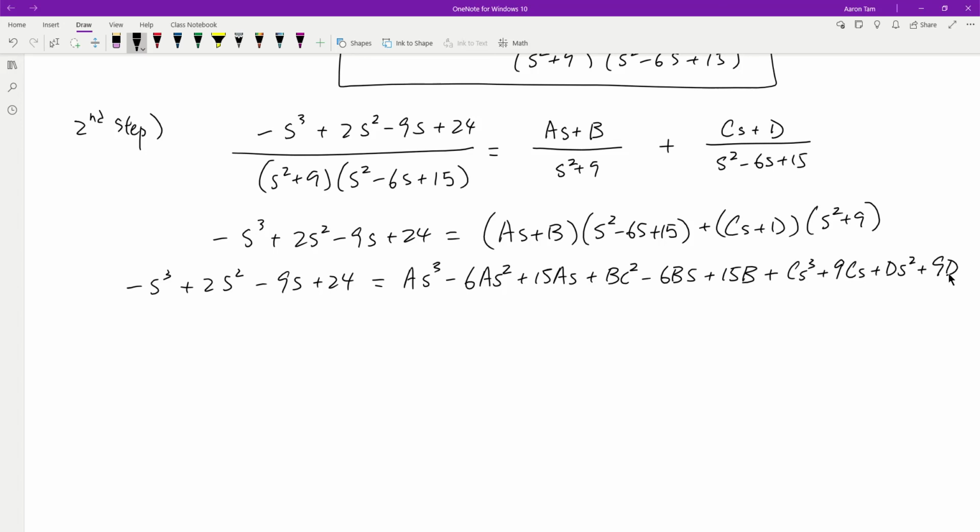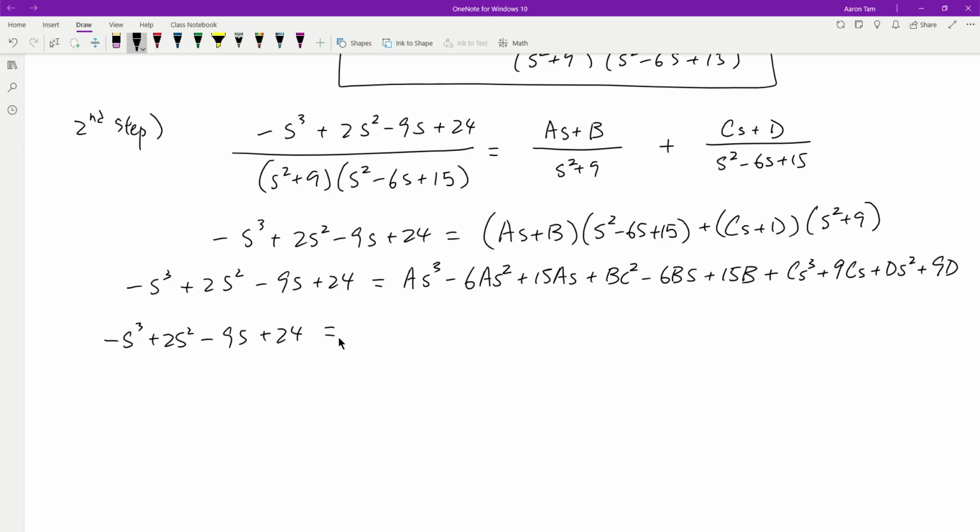So essentially, even though they're both third-degree polynomials on the left side and right side, we are treating them as a vector in R4 being equal to another vector in R4. Okay, because remember, it's coordinates in a basis. That's how that works. So negative s to the third plus 2s squared minus 9s plus 24 would equal to